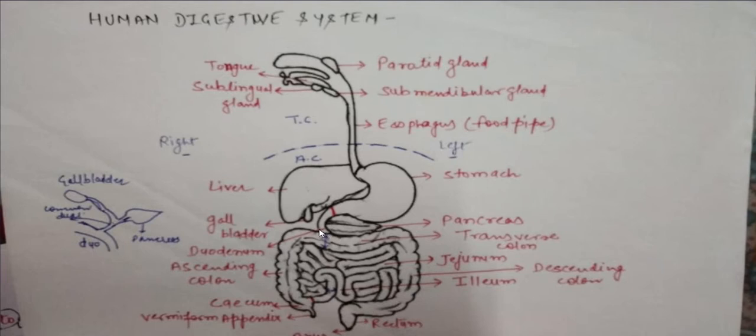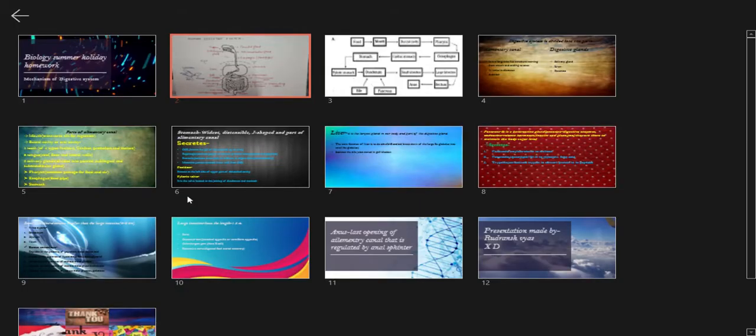Now this is the duodenum, which is the starting of the small intestine. Second one is the jejunum, which is in between of the small intestine, and third one is the ileum, that is the last part of the small intestine. This is the pancreas. It is a leaf-like structure. You can see how the wideness of the large intestine and the wideness of the small intestine differ. Okay, now we move towards this one.